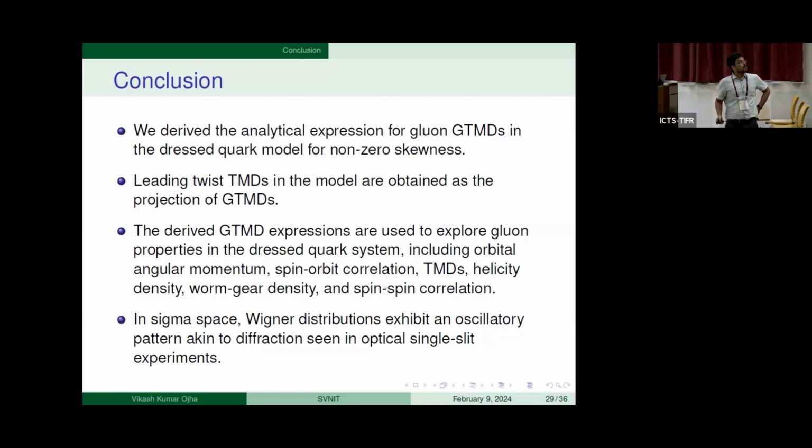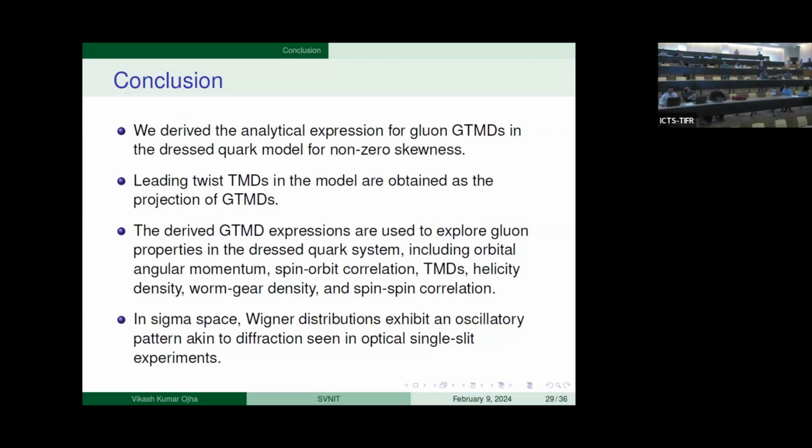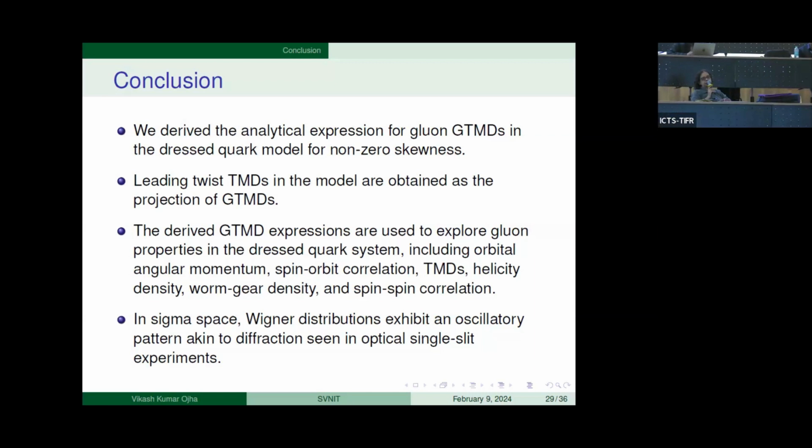Interesting, just one thing. For xi not equal to zero, there is also a particle number changing contribution in terms of the light front wave function, right? There's a 3 particle sector. If you consider a dressed quark state, there will be a contribution from the overlap of the 3 particle sector. In the reference of Brodsky et al., where I am also a co-author, we had considered both sectors. So when you take a Fourier transform to go to sigma space, you should consider both contributions. Here you have considered the region where x is greater than xi, right?